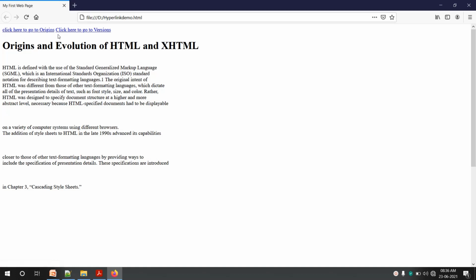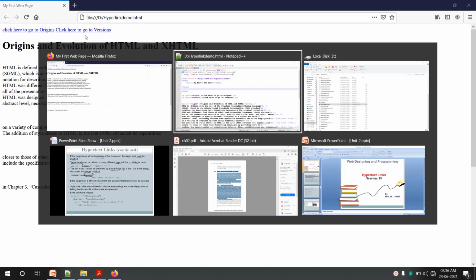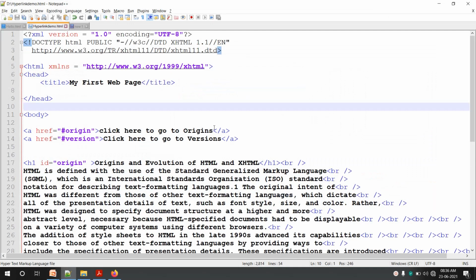So, it is a bit confusing. As you can see, it has appeared on the same line. You can say these are created by using inline tag. So, inline tag, the contents are always displayed on the same line. So, anchor, it is an inline tag. To make it display the second link on the new line, you just add a break there, break.